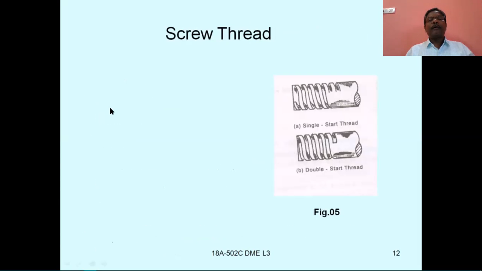So now the types of screw threads. First, single thread, that means single start. Here you can see it is the single start thread. That means only one helical groove is there. Sorry, not above, this is the one; here in this it is wrong. So here is the single helical groove. Only one helical groove is there. This is a single start thread or single threaded screw.